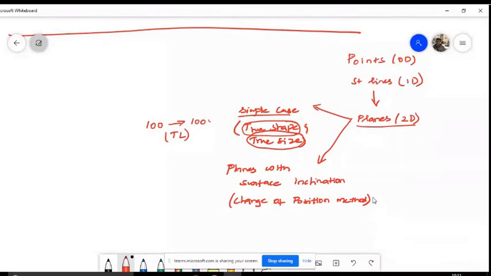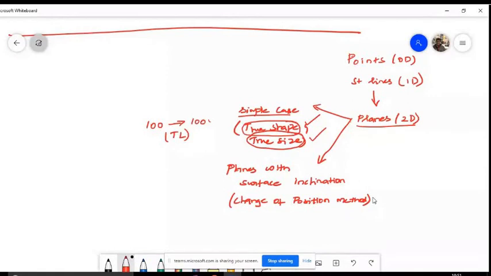If it's a right angle triangle, it should look like a right angle triangle. It should not look like an isosceles triangle or equilateral triangle. The shape should not be deformed. A circle should look like a circle. It should not look like an ellipse. If it exactly looks like the actual shape, then it is called true shape. And if the actual dimension is visible, it's called true size.